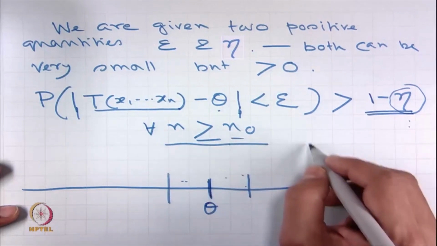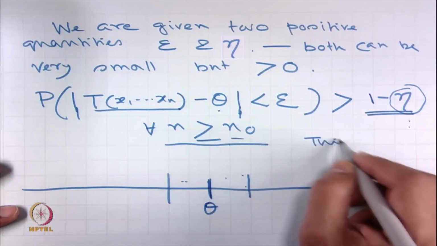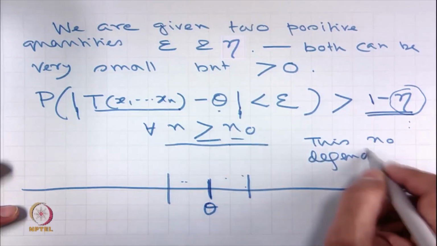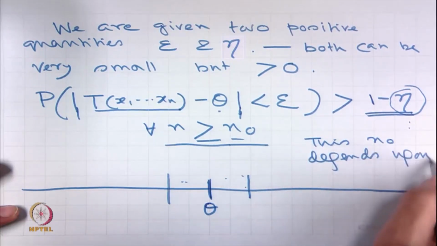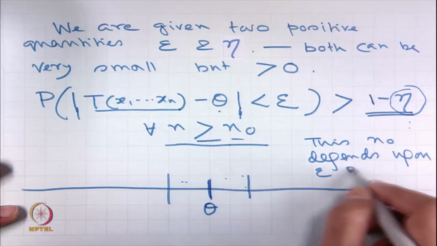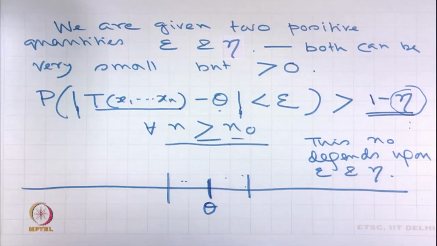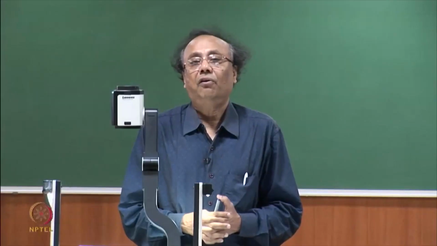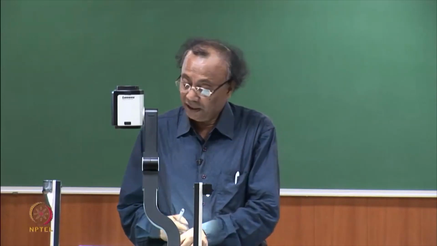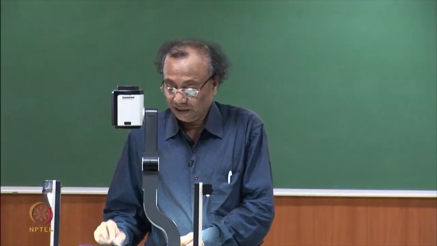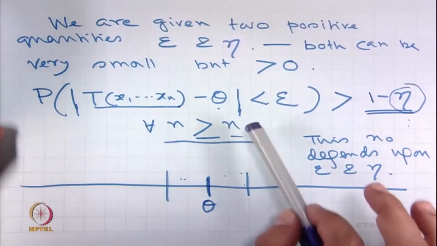Obviously, this n naught depends upon both epsilon and eta. It is not mandatory that the same n naught will work for all values of epsilon and eta, but given epsilon and eta, we can choose an n naught or we can find an n naught